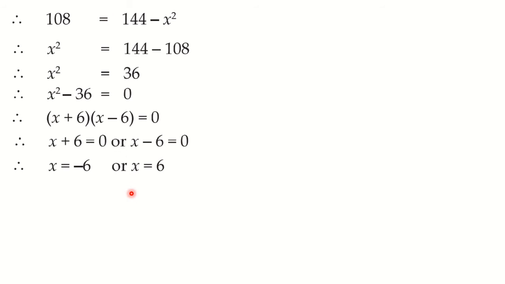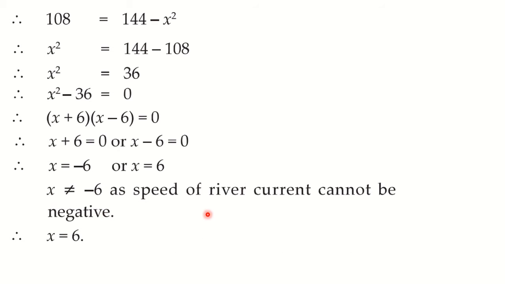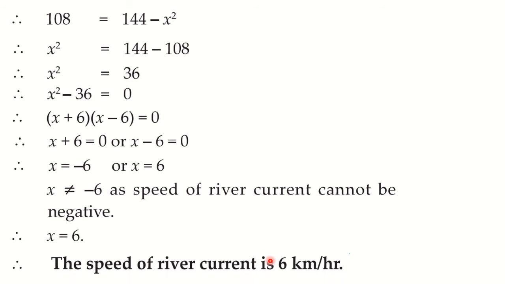And from that you will get two values of x as x is equal to minus 6 and x is equal to plus 6. But just recall what we have taken in the beginning, x is the speed of the water current. And that speed cannot be negative. So we have to discard this answer by giving the proper justification that as speed cannot be negative, here x is not equal to minus 6 and therefore x is equal to 6. And then the final answer you have to write down as a statement. Therefore, the speed of the water current is 6 kilometers per hour.